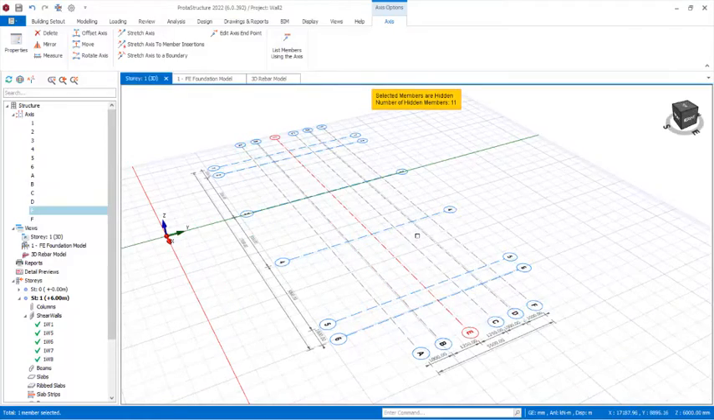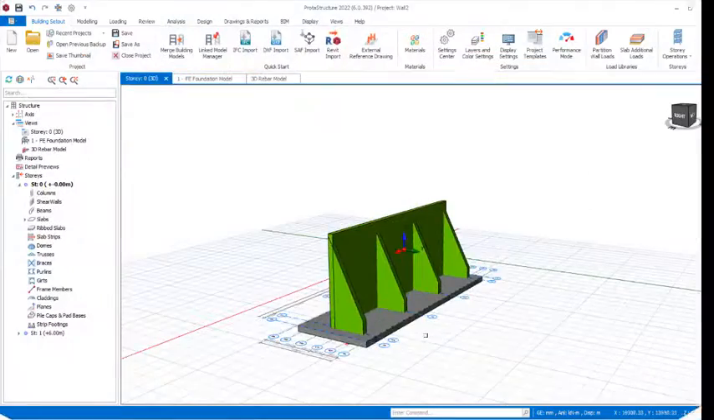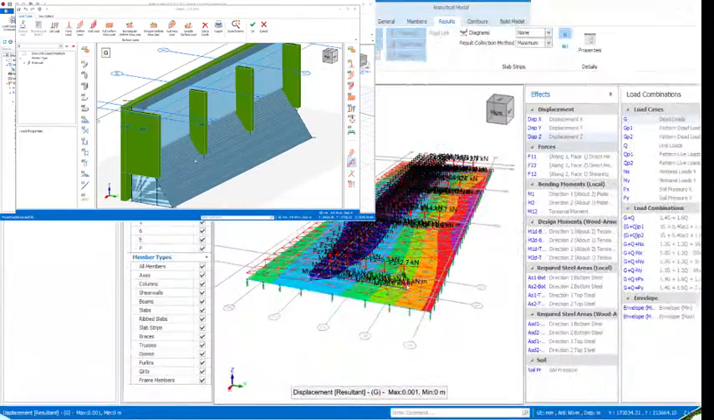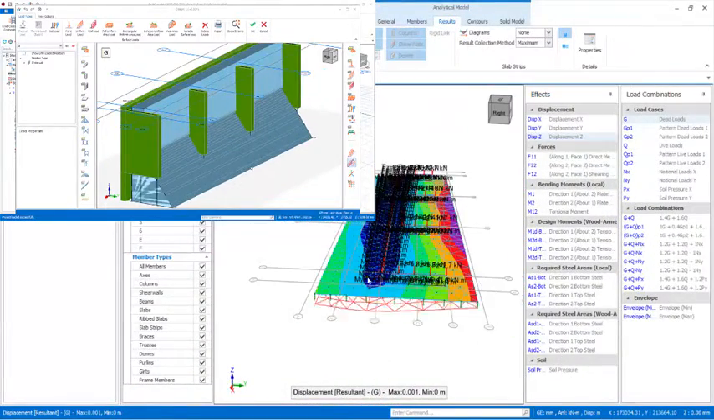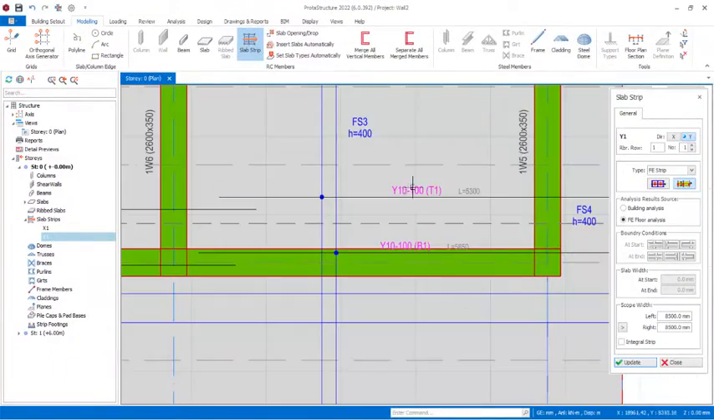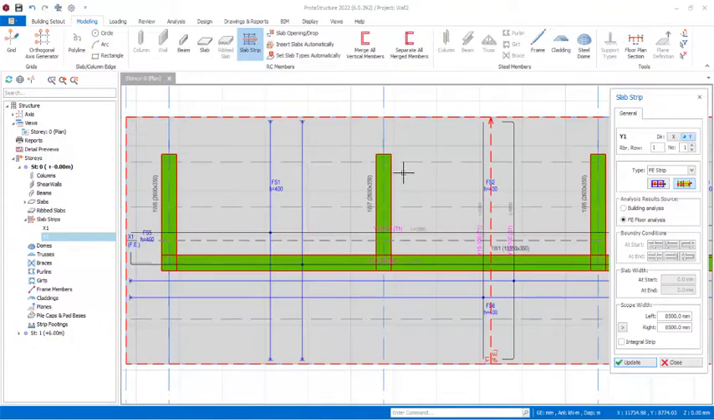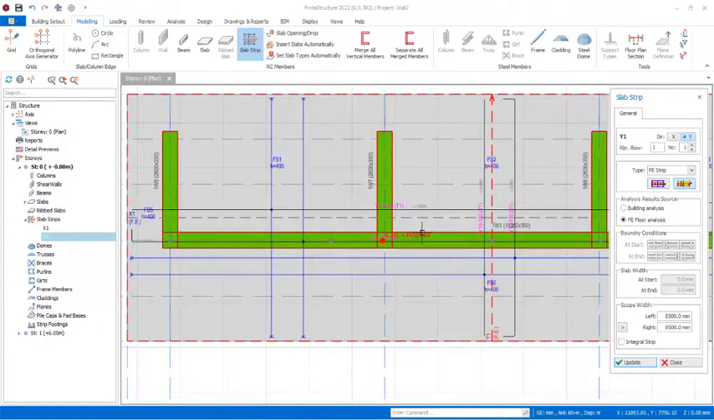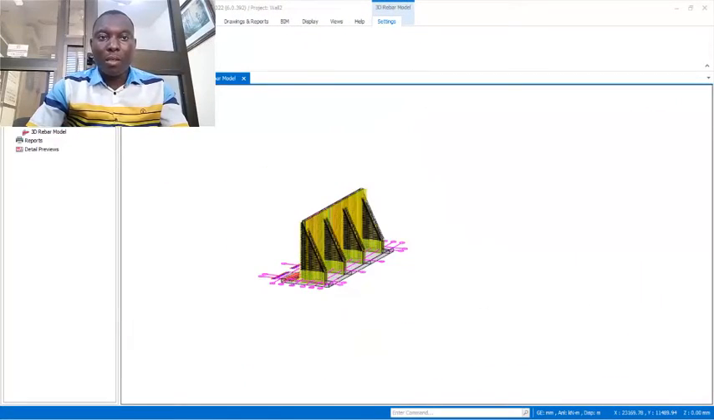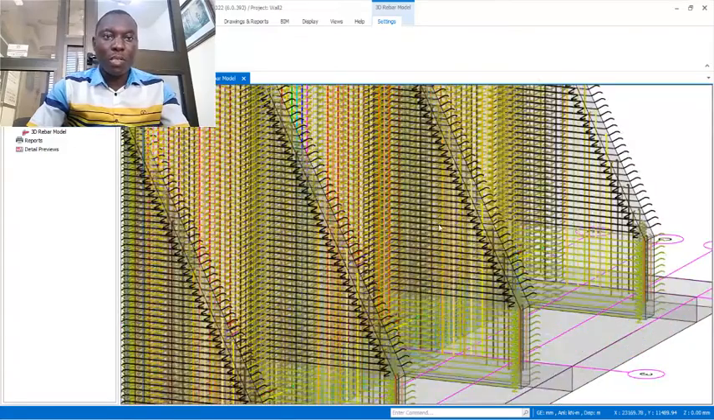In this video, we'll look at grid line setout and modeling of a counterfort retaining wall just like this, loaded with an active head pressure. Further, we analyze and design the foundation using finite elements, and then we draw our slab strips so as to generate both top and bottom reinforcement for the base of this wall successfully. And then we proceed to generate the 3D reinforcement arrangement using the same Protastructure